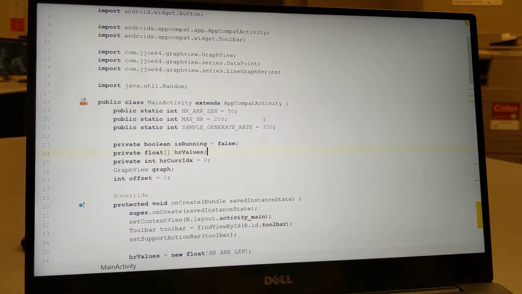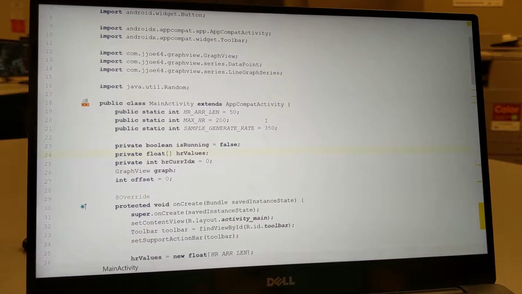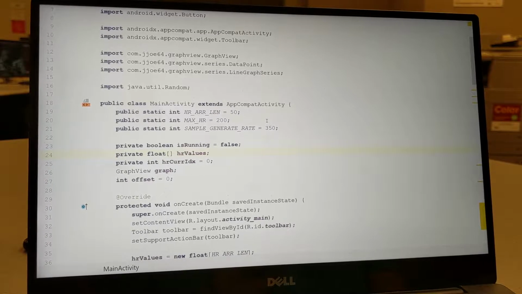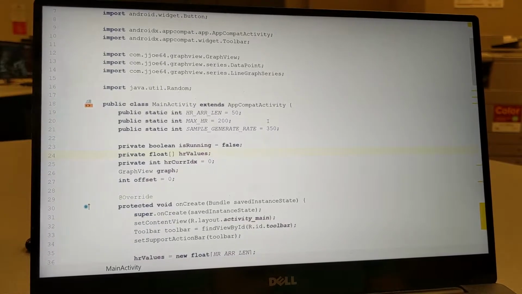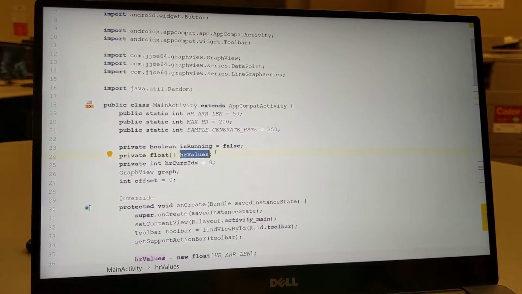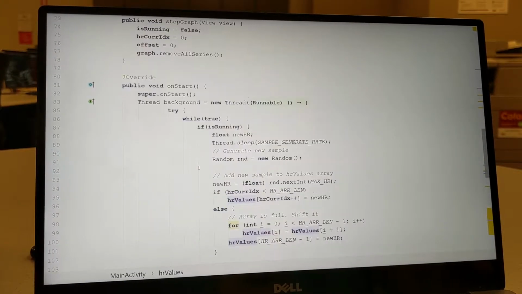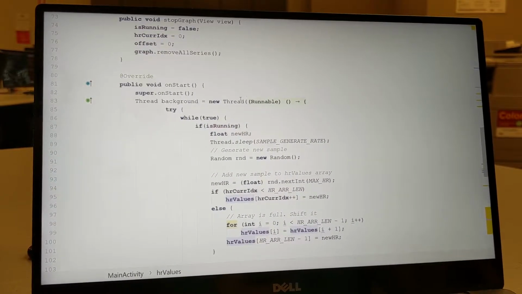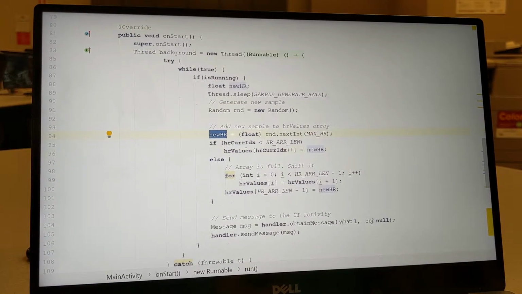The part that I was responsible for is the part that generates the random samples in a background thread and then passes a message to the UI thread to be represented on the graph module. So the HR values is the array that holds the samples, and on start of the UI activity, I create a thread, generate a random number, and then add it to the